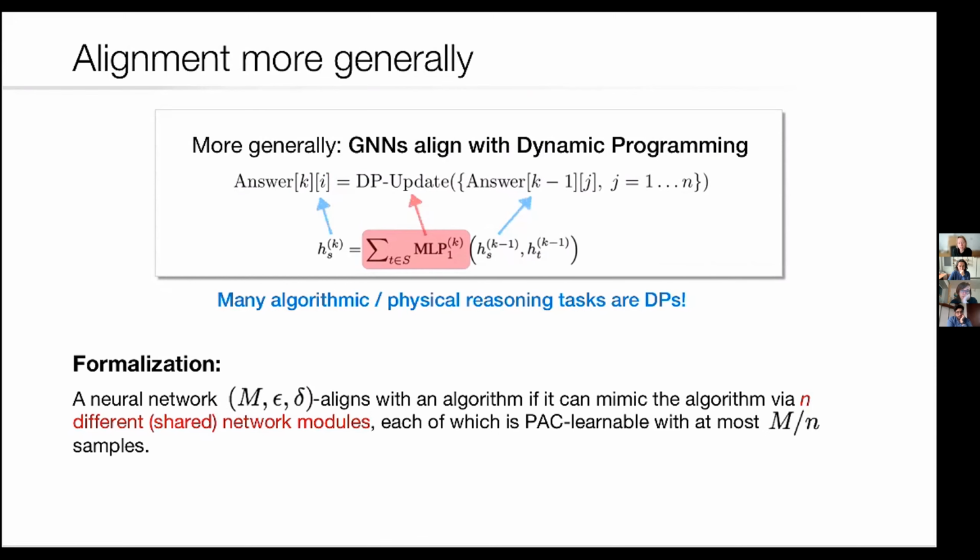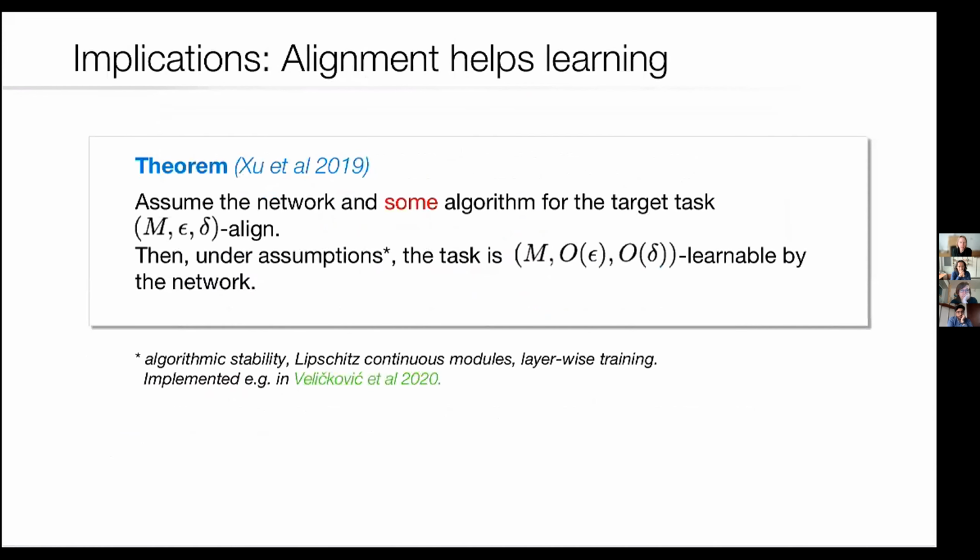And then epsilon and delta come from PAC learning. That's basically you learn the function with accuracy epsilon, essentially with a probability of 1 minus delta. And now to actually get these PAC bounds, you can use any analysis technique you want, essentially. You can use neural tangent kernel. You can use anything else you want. So that's the formalization. And now having this formalization, we actually can show that with some simplifying assumptions that if